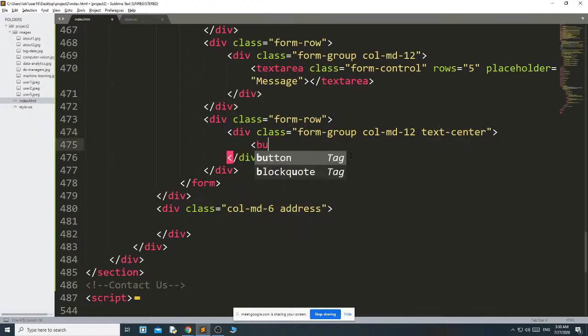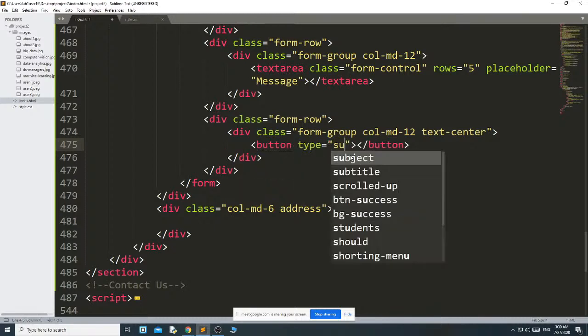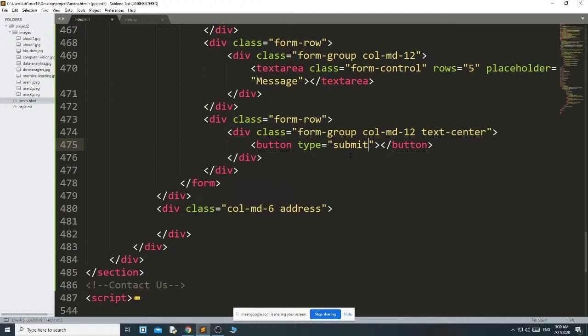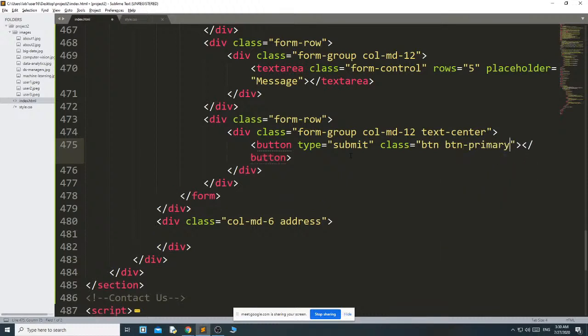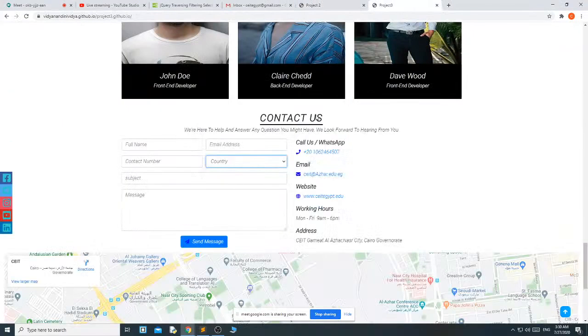So button type submit, class btn btn-primary. If you want any other color, you can use btn-success, btn-danger, like that. Then here you can see that I have an icon, then the message.